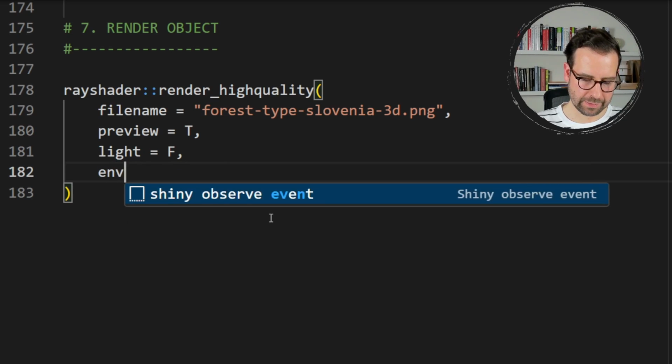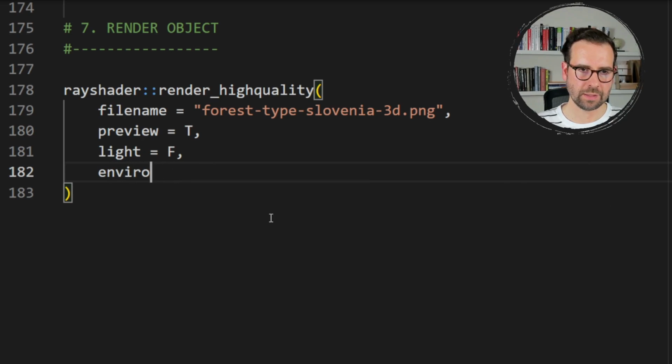So here we need to define, first of all, this environment light. And also one more thing, if you're interested in these lights, I'm going to also provide the link to this website where I found these different light files in the description box below. So do check it out if you're interested in trying out maybe some other types of lights that people created. So, but for now, I'm just going to create here environment lights, and of course, I'm going to call it by the name of that